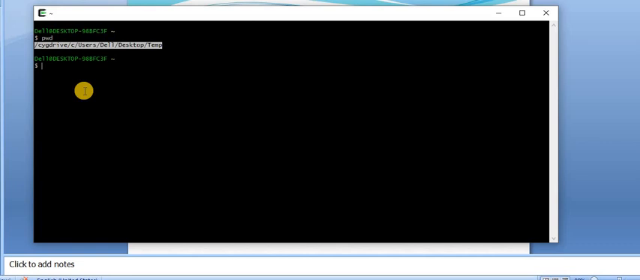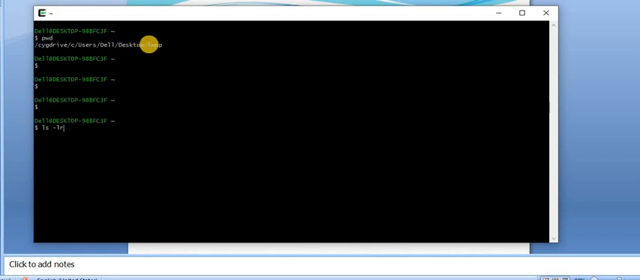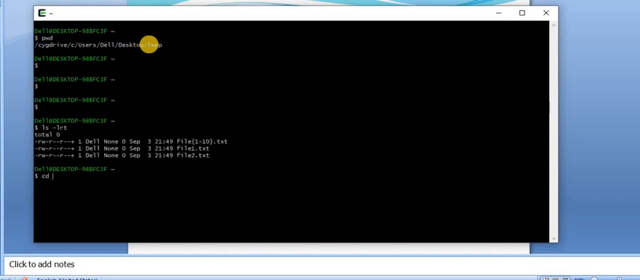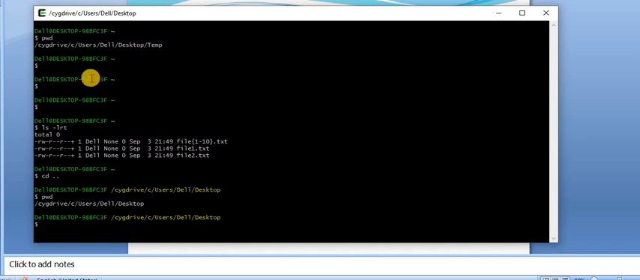So right now I am in a path, /cygdrive/c/users/del/desktop/temp. Okay, so if we want, we can go back one more step, cd .. and now you can cd .. is another command that we will discuss later on, but since we have used it here, I will describe